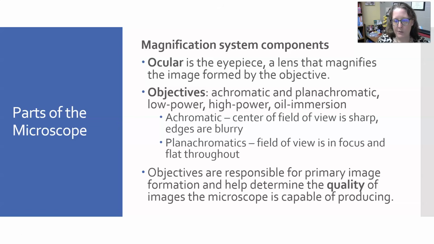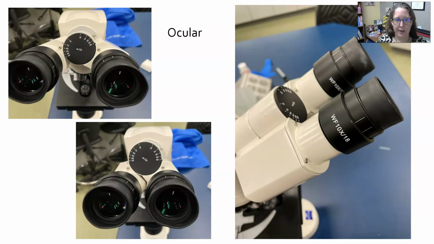The objectives are responsible for the primary image formation, so they capture the image from the slide, and they can help determine the quality of the image of the microscope. Again, that depends on how good the objectives and the numerical aperture are, and obviously what magnification you're at. So in our own microscopes, these are the oculars,